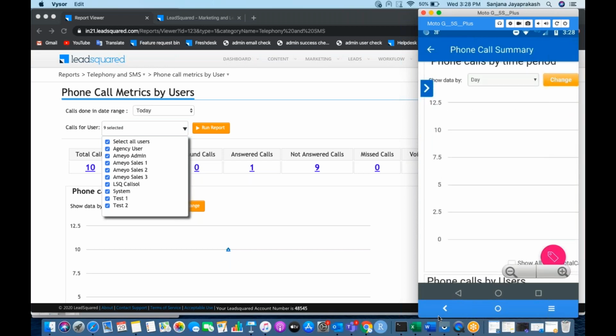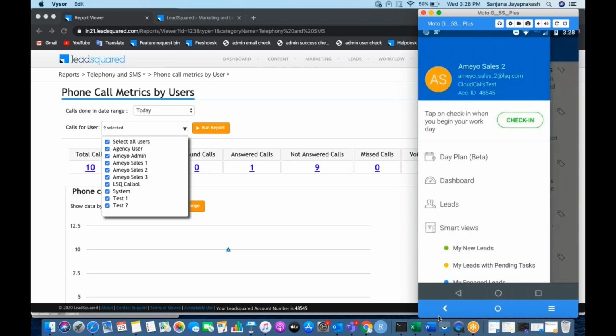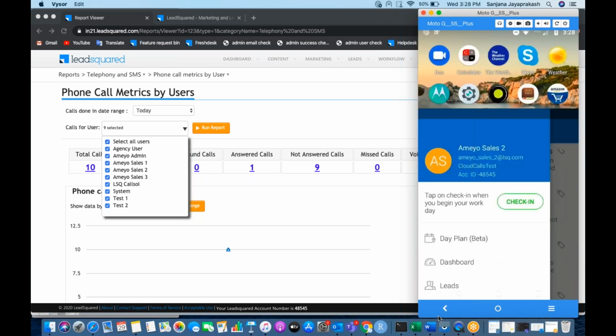You will be able to see the report, and you can go through the data and make the changes accordingly, or you can submit the data accordingly. So this is how the report works in Android device. Just to show you how it works on the